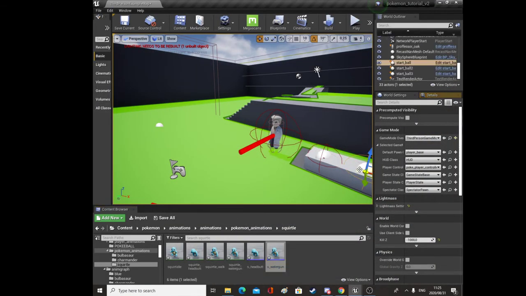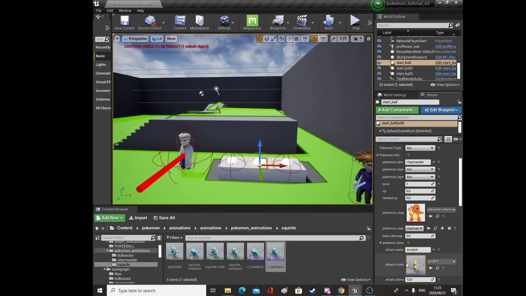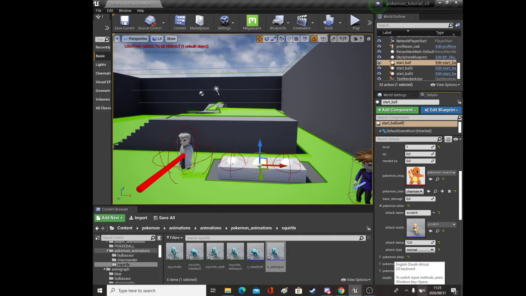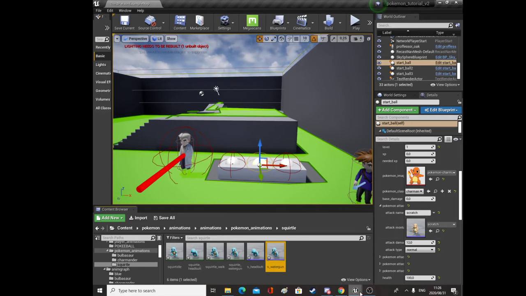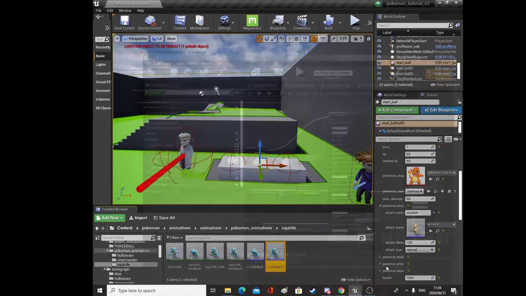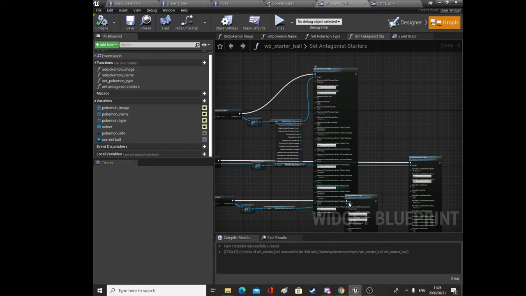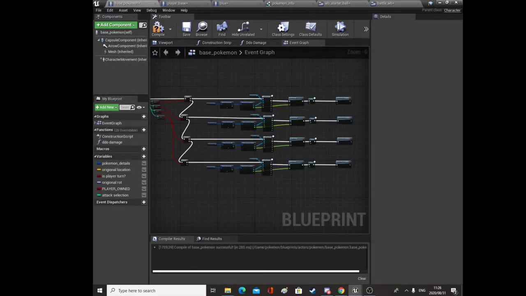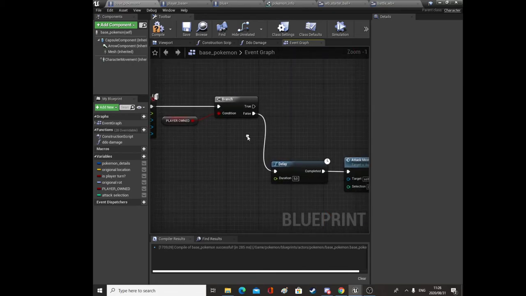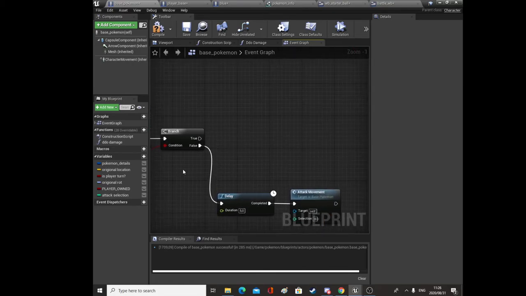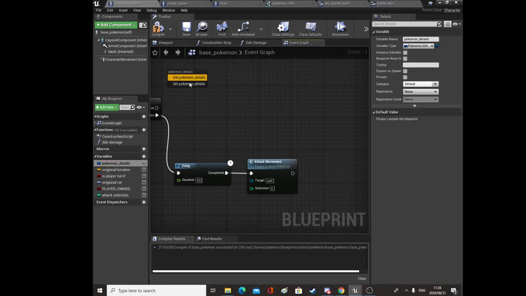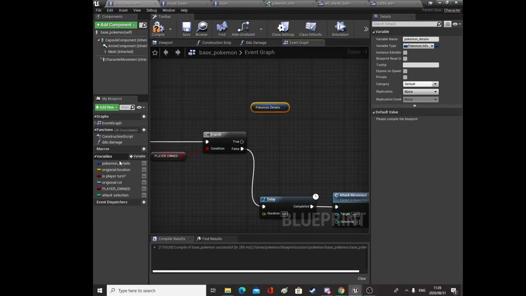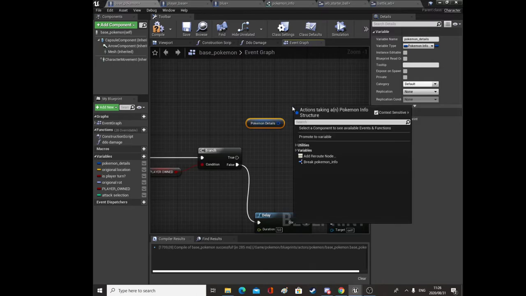Now we're going to need to set our Pokemon's health as well, our first Pokemon that we pick up, and his health will also be on 100. Okay, compile. And now what we need to do is, like I said, all his animations are set. We need to get our base Pokemon, and now when we do damage to our player, or our Pokemon, we need to minus details and whatnot. So let's get the Pokemon details, and this will apply to both if we owned or not. So we'll break it,